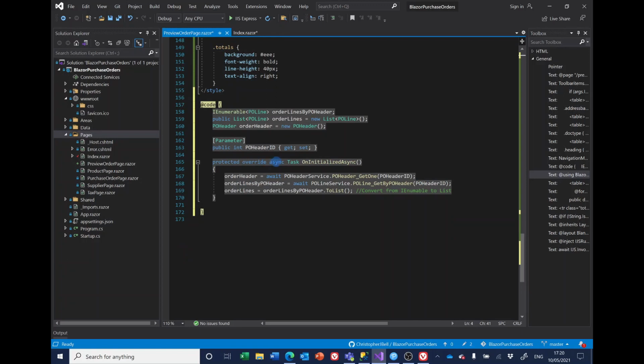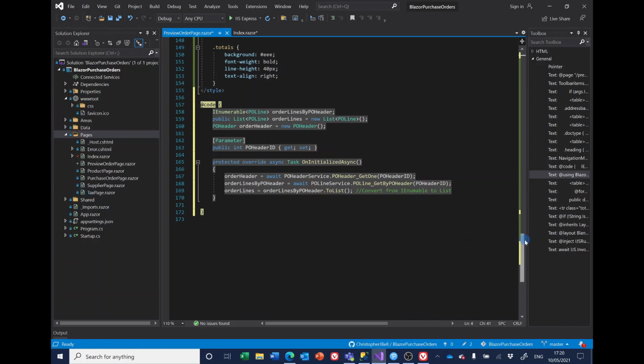So on initialization, the order header is going to be the order PO header service get1 using the PO header ID. Then we're getting the order lines by PO header, and then we're converting them to a list. So that should enable us to change the